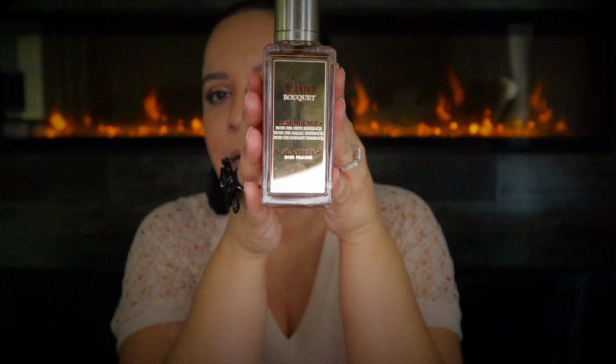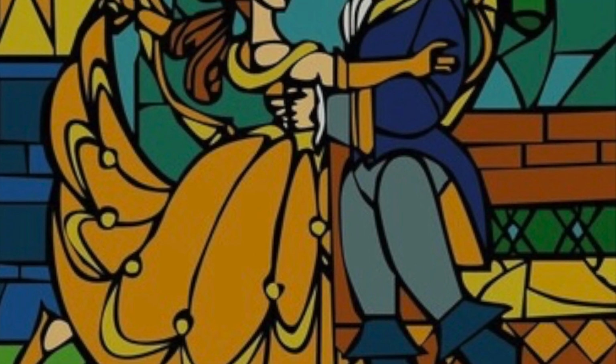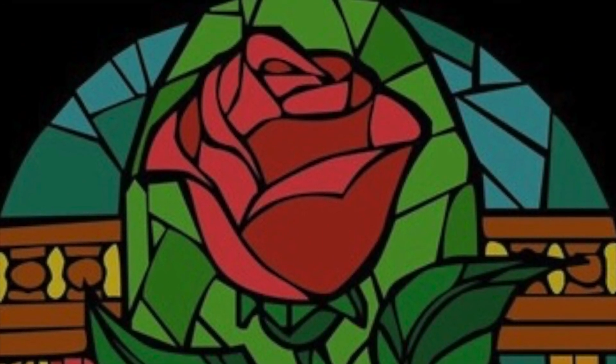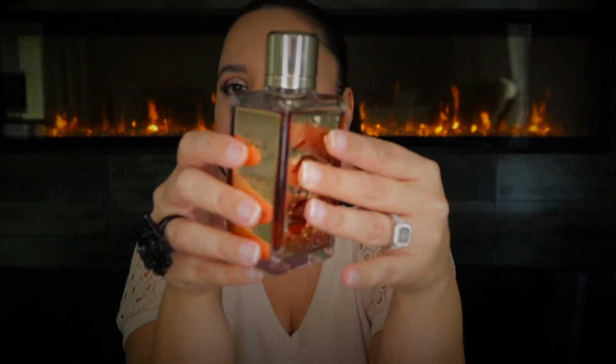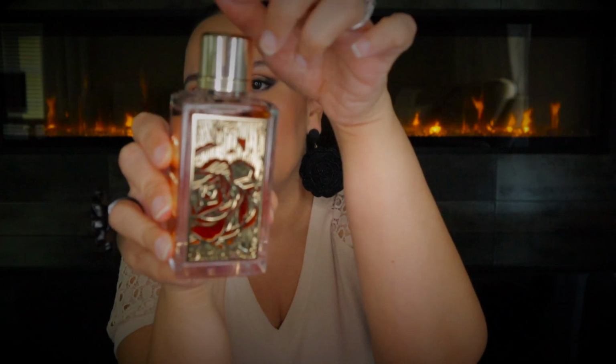And I will say this line, I know recently they changed it where it's just one plate in the front. I do like the older version. This one in particular, I have said reminds me of Beauty and the Beast, the flower in the movie, but I really like this bottle. It's very simple again, but what makes it unique is this really pretty plate,